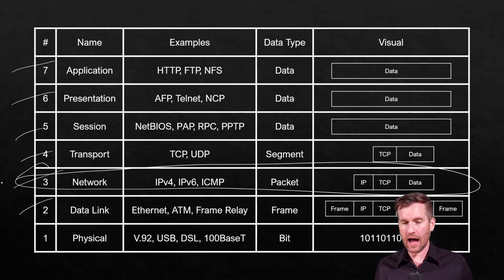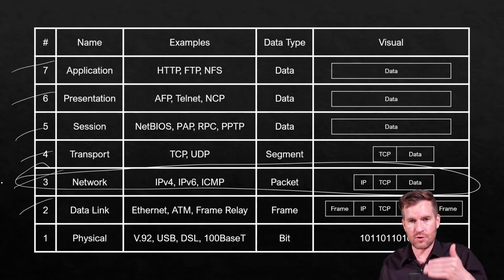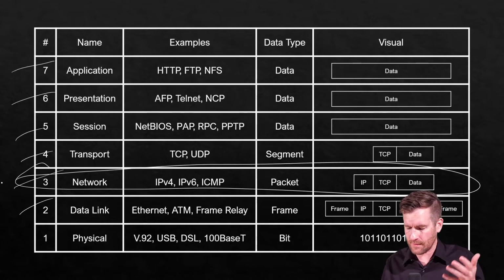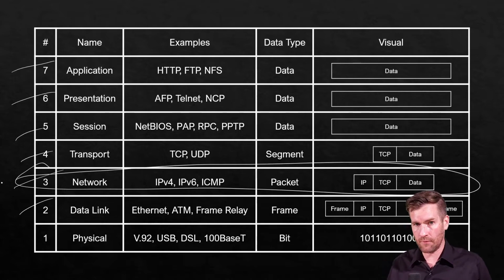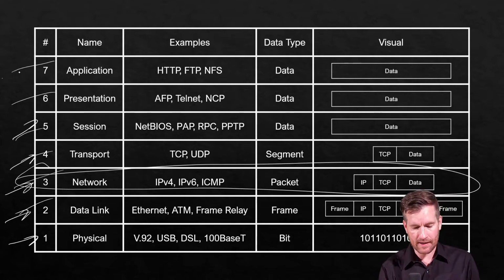We have other tools that will also help troubleshoot with this, and we can step through these different layers and do these different tests with these command line tools. There's another video I'll show you about some of the command line tools that you can use. But for this purpose right here, we just need to know that if we're using the OSI model, we would start out at layer 1 and work our way up, or vice versa, we would start at layer 7 and